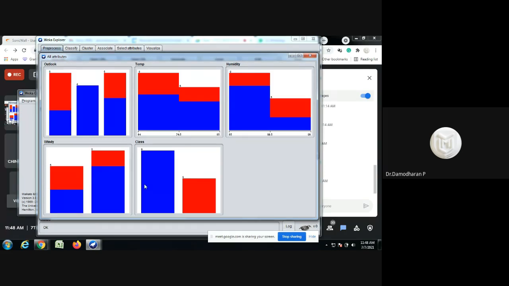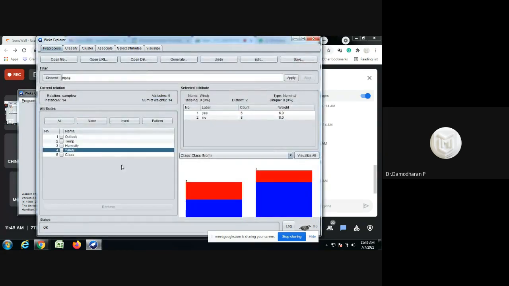So from this class, we want to identify where the blue color represents the game is played, and where the red color represents the game is not played. According to that, the visualization is generated. Okay. From this, we are able to understand that the data is pre-processed.